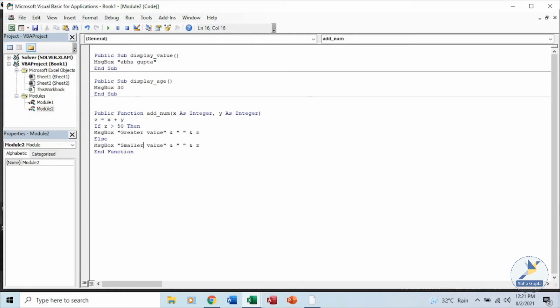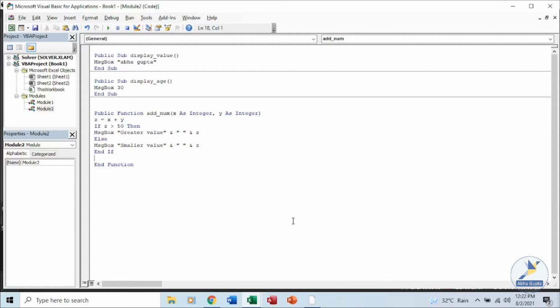Say "smaller value" and then this message, and since if is done, we have to write an end if. So whatever values are being passed to my function, we are doing the calculation, we are checking for a condition, and accordingly we will display a message box.